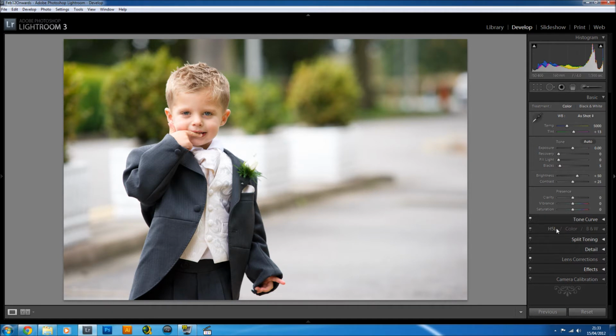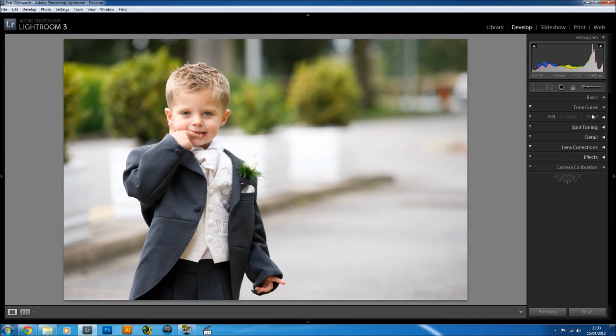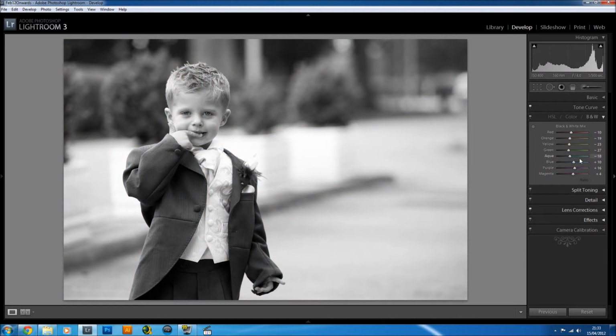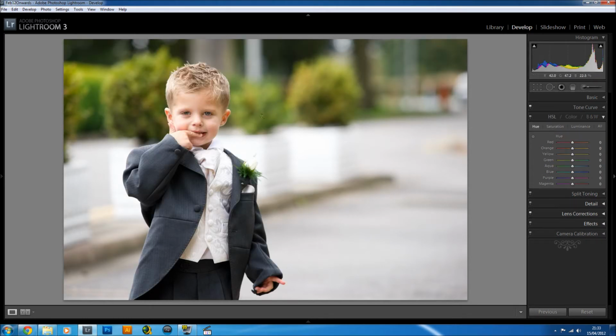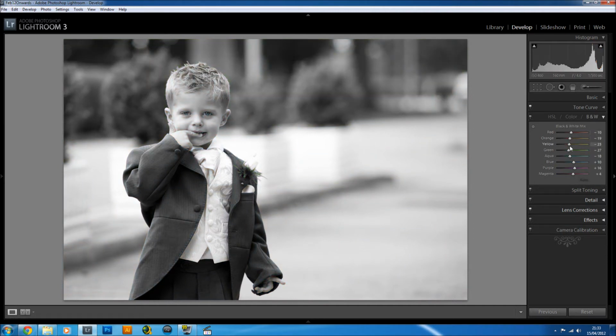Now the actual black and white conversion, I don't use the saturation slider. I just think it's quite restrictive. What I do use is the black and white button there. It gives us quite a bit of freedom to change specific parts of the image. So say if I wanted to change the background, which is green and yellow, I then can change the green and yellow,